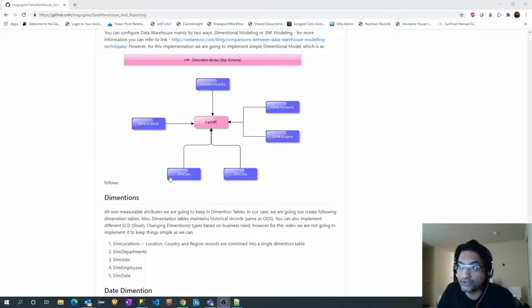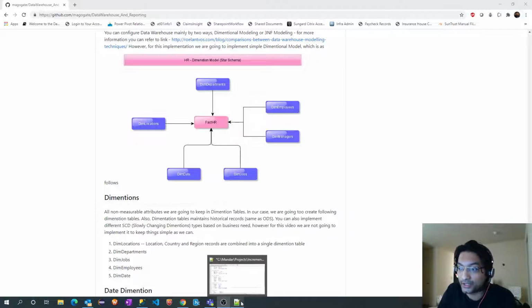Hello all. So in the last video we saw how we can load data into the employees dimension. Now before loading data into the actual fact table, we are going to create another dimension called manager dimension. The structure of this manager dimension is exactly the same as what we can see in the employees dimension. Only thing is the data is different.